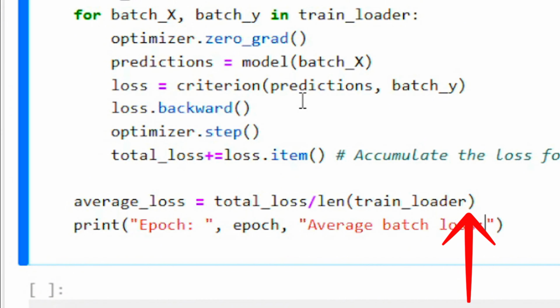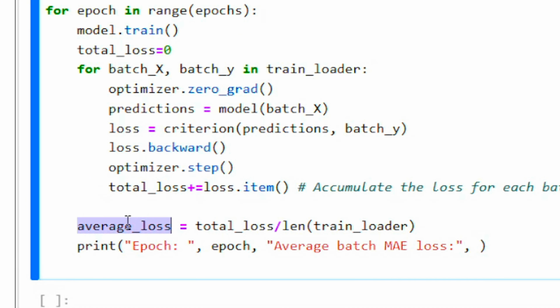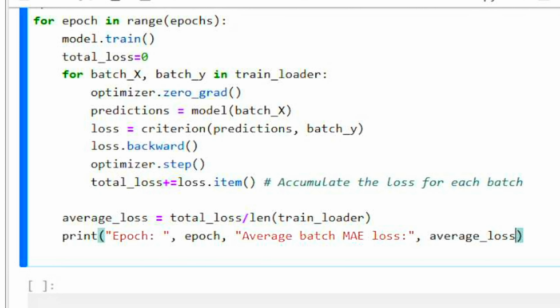The average loss is printed at the end of each epoch, allowing you to monitor the model's learning progress over time. This training loop is a fundamental part of training a neural network. It involves iterating over the dataset multiple times, processing the data in many batches, computing the loss, and adjusting the model parameters to minimize this loss. By printing the average loss after each epoch, you can track how well the model is learning and ensure that